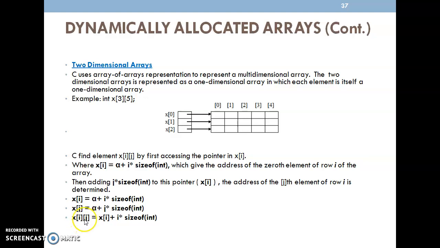If we have taken only one subscript, then if I multiply the equation, it will move from one place to another place. Initially, the first element will be identified using x of 0, 0. Then the next will be obtained from x of 0, 1. So if the pointer gets shifted, we can access each of the elements.